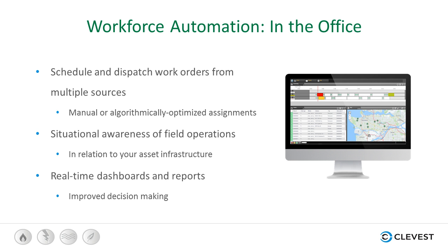We've got manual assignments and unassignments which can be done. There's also algorithmically optimized assignments. So this would be scheduling work with a scheduling engine. You can also see in the lower right hand of this little graphic there on the monitor, you can see